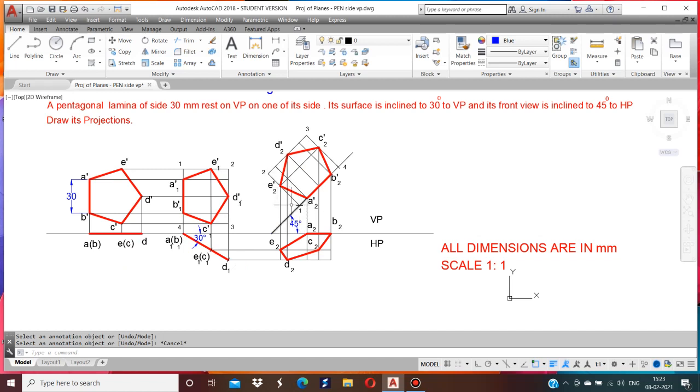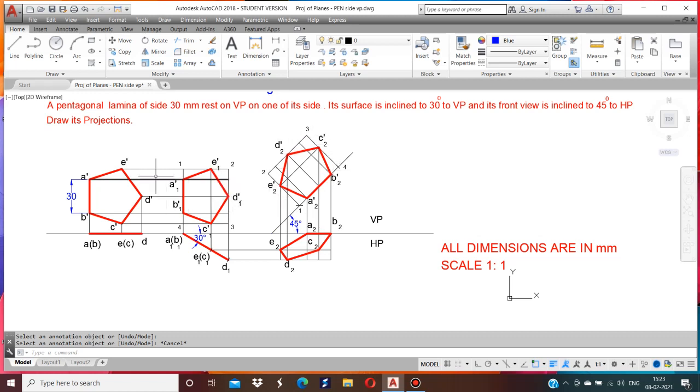So draw the perpendicular line, then take this 1 to 2 as radius and cut an arc from here. From 1 cut an arc and mark as 2. Similarly, from 4 you have to draw a perpendicular line, and distance is from 4 to 3. Here also from 4 to 3 cut an arc. So join 2 and 3. So you will get a rectangular box here.